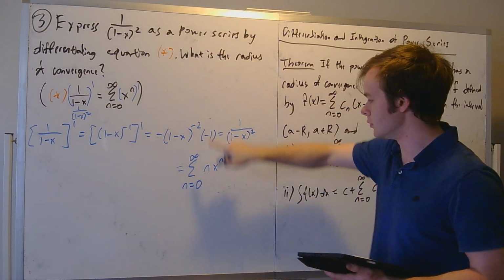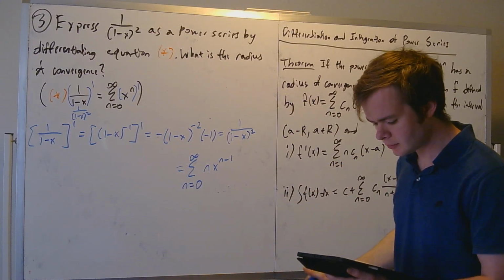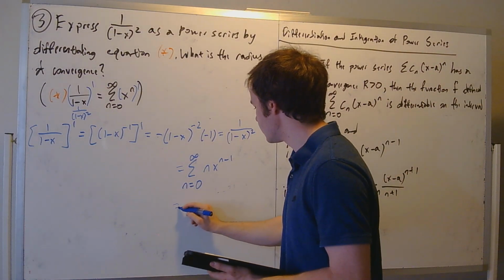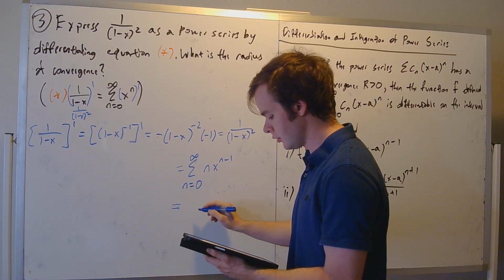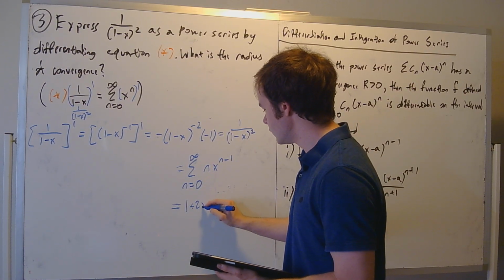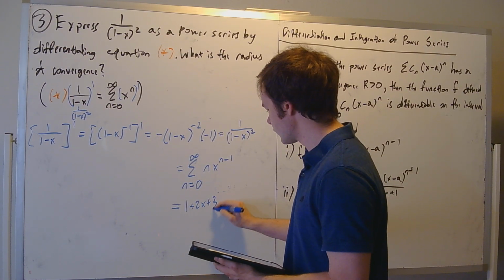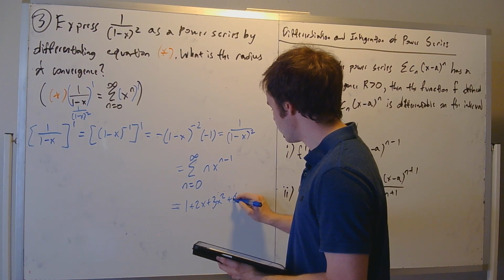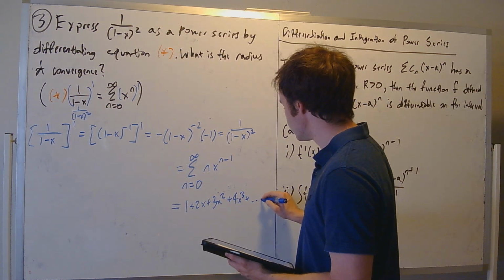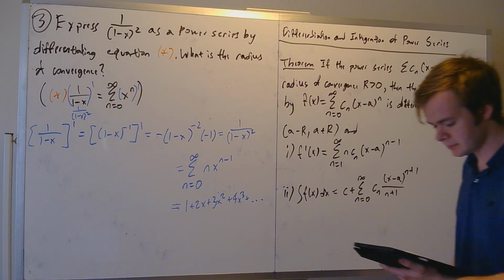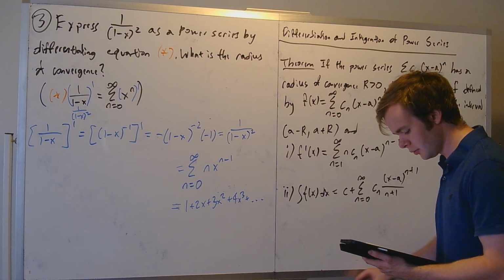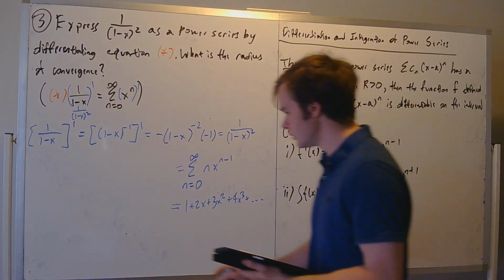We tried to find the power series. That's our answer, but just let's write out the terms of this power series. We write out the terms starting at n equals 0. We've got 1 plus 2x plus 3x squared plus 4x cubed and so on. Those are going to be the terms. And we can say here that the radius of convergence